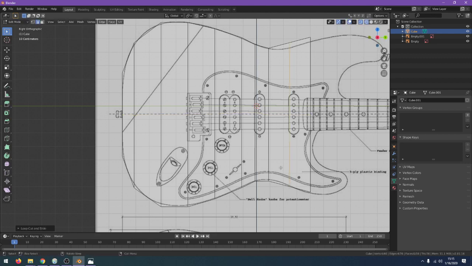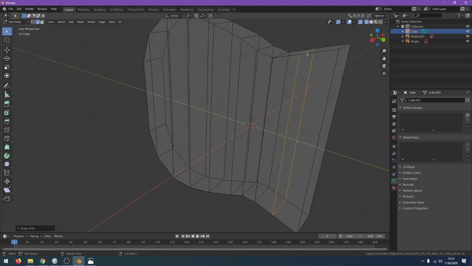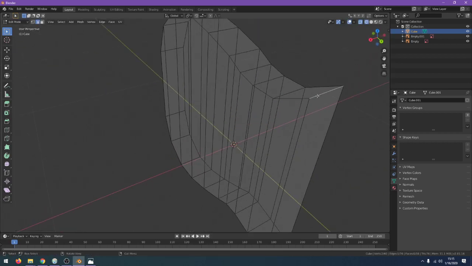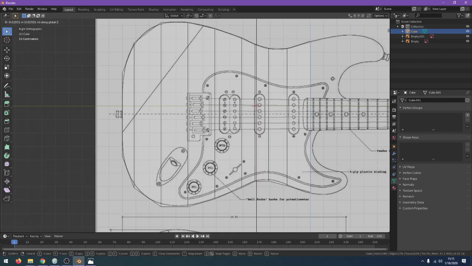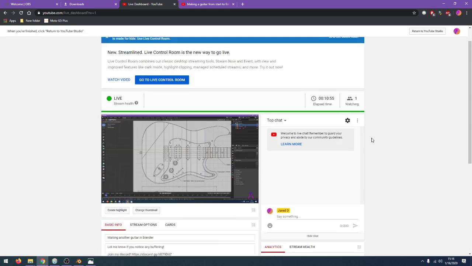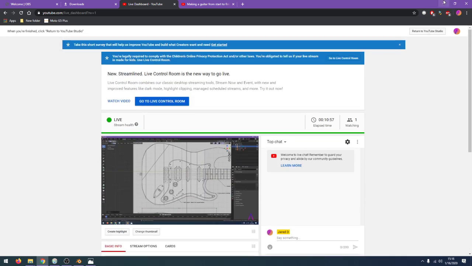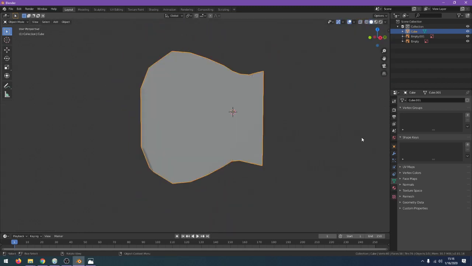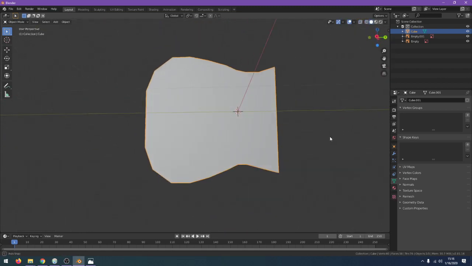Maybe about right here, this will be it, just to make it a little bit more linear. Or proportional. Nobody watching yet. So yeah, now we've got that basic shape